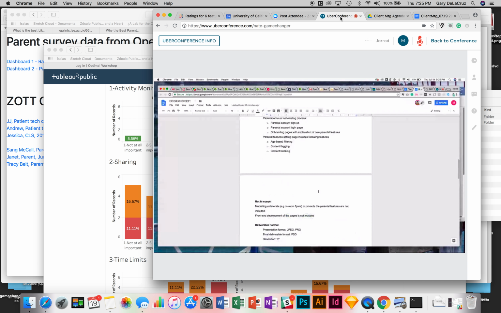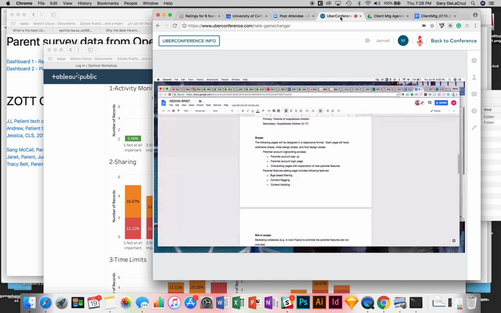Is that right? Yes, the parental onboarding within the app. Okay, so this is similar in that you would be talking about the how-to and the benefits, but it would be within the app. Is that what you're thinking here? Yes.